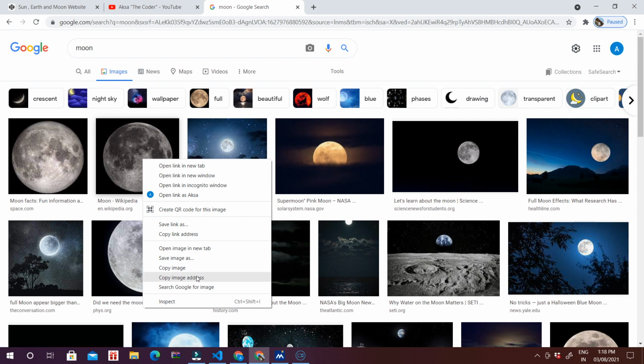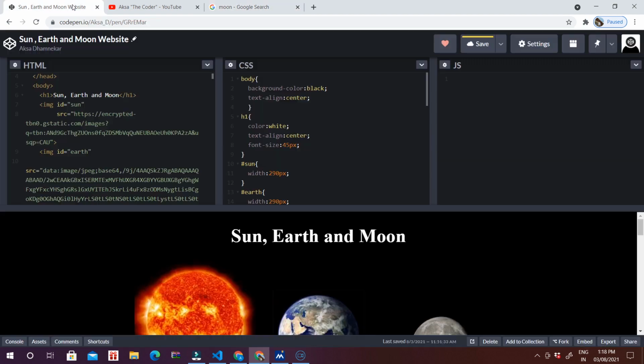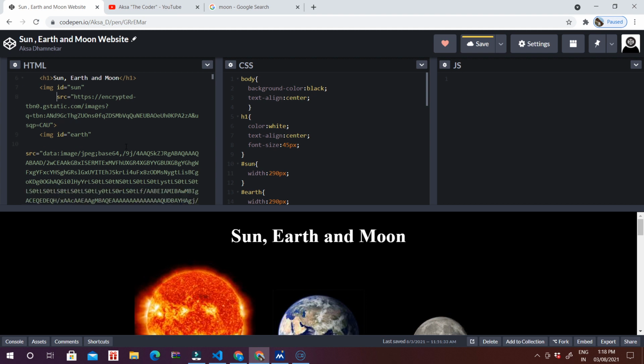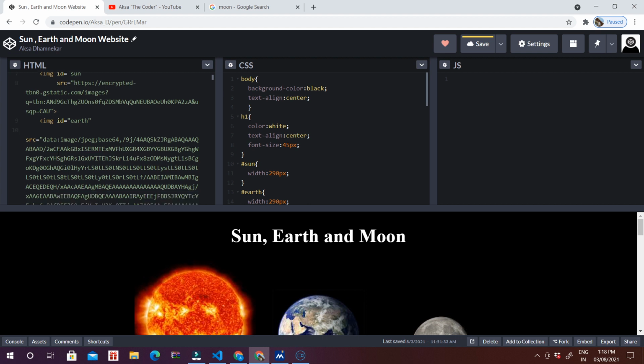Just do that. Your link will be copied, and come over here and paste it in the inverted commas. Then close the bracket in this way. And again I have done the same thing for the Earth and Moon.